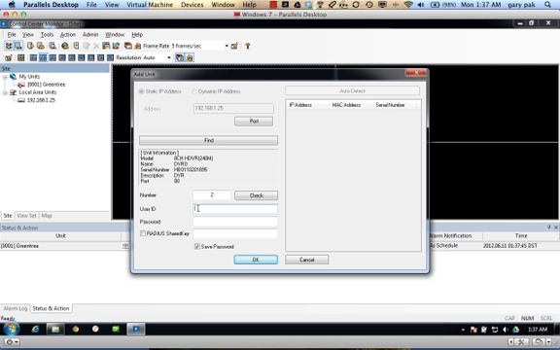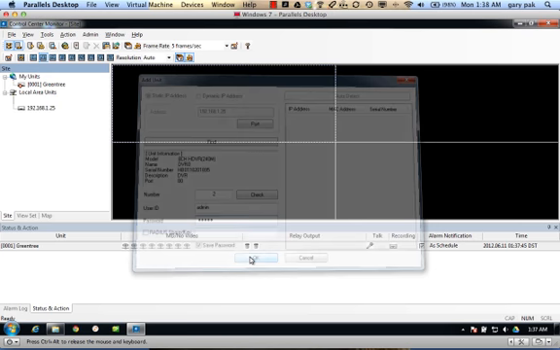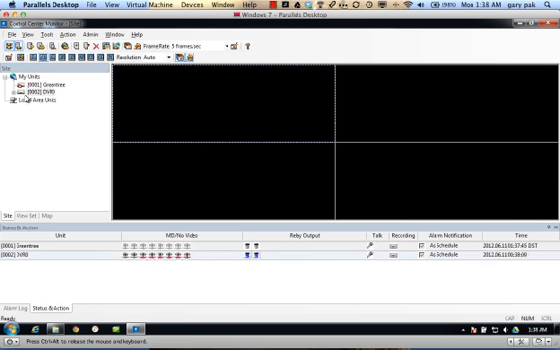To log into DVR, the default user ID is admin. Password is 1, 2, 3, 4, 5. Click OK. I'm going to delete this. I'll show you another way to log